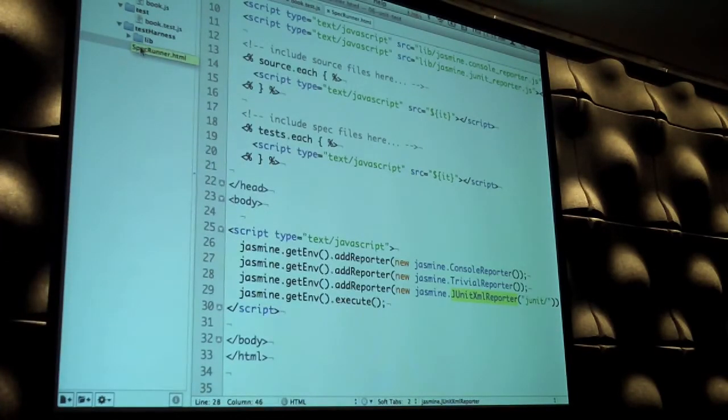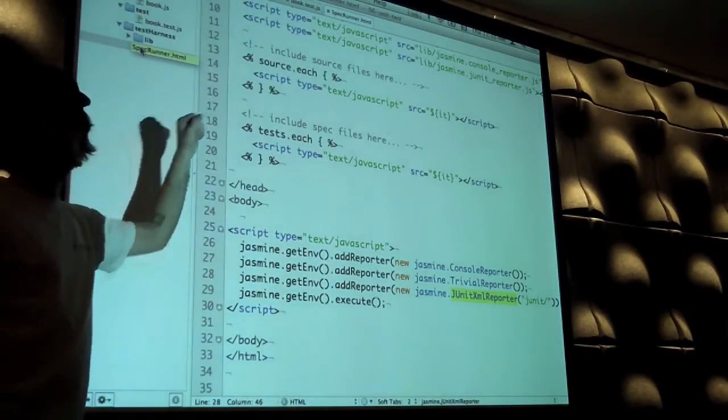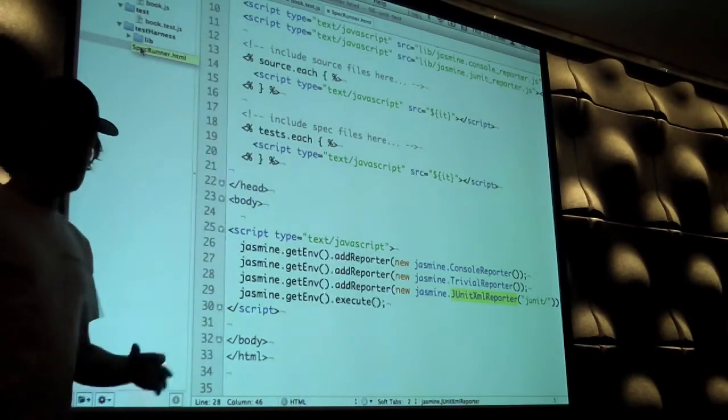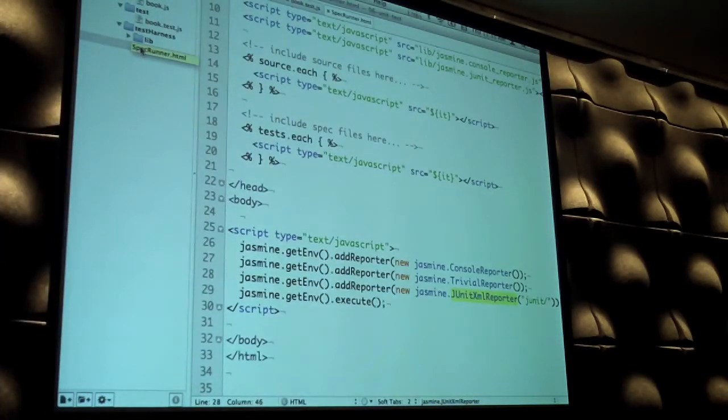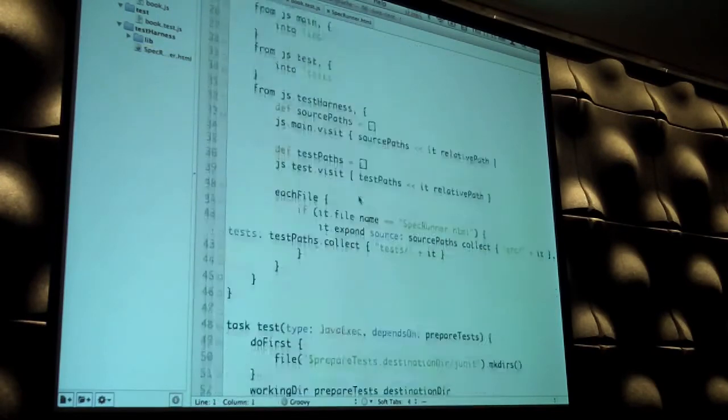I need to do this kind of bootstrapping. I could do it by hand. I could hard code, say that okay, there's book.js, book.test.js, etc. in here. That's what most of the other tools can kind of do. But we've got Gradle, we've got an automation platform, we can automate the generation of the test harness. So once I've got that,